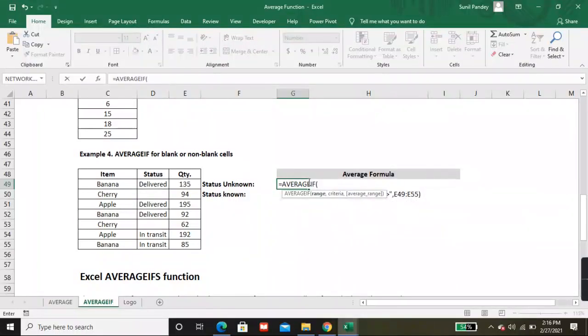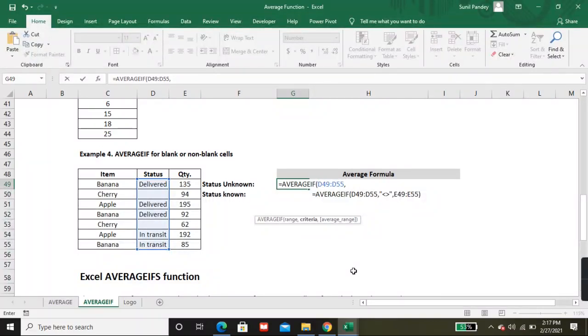So I'll put average if, the first range I'll select, status unknown.